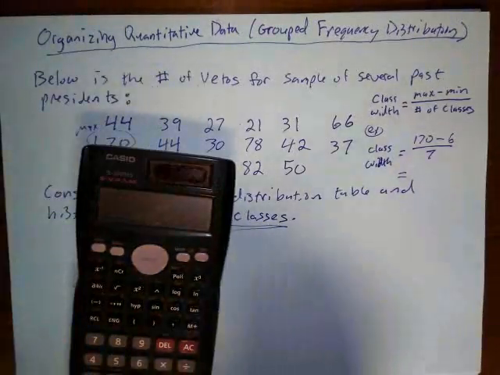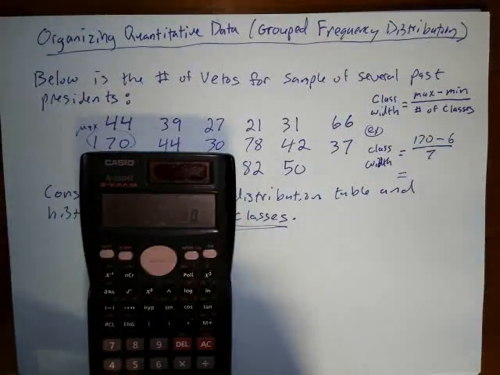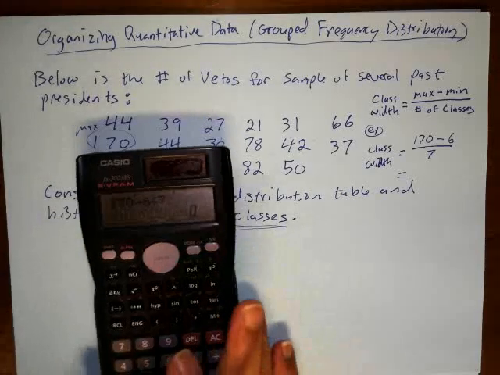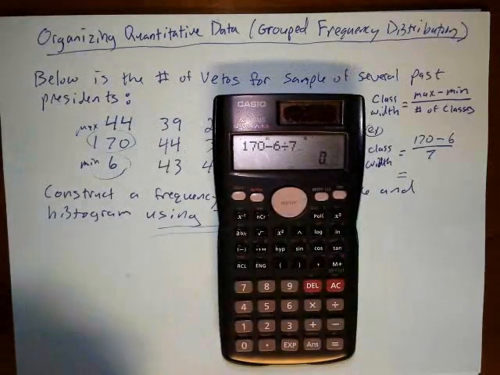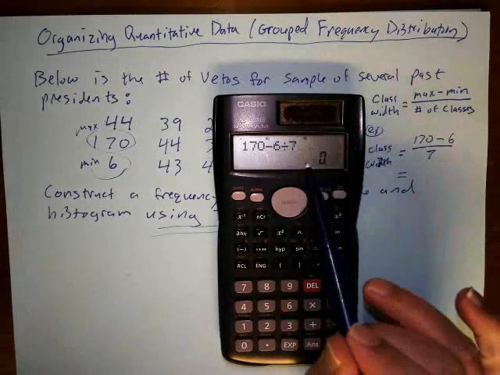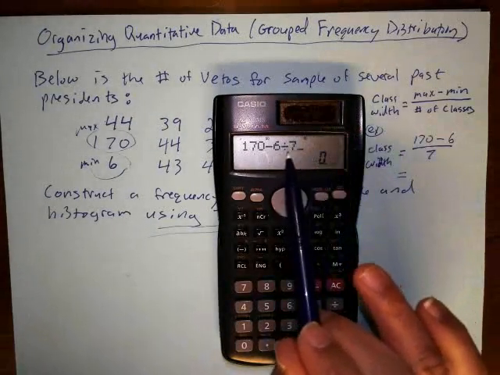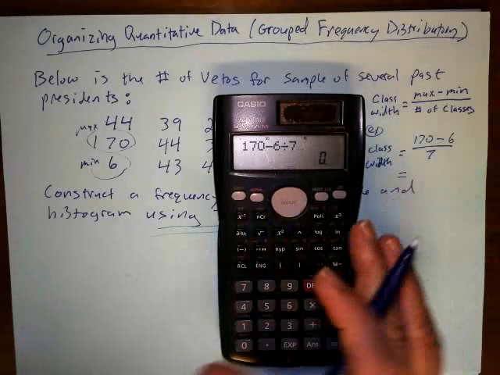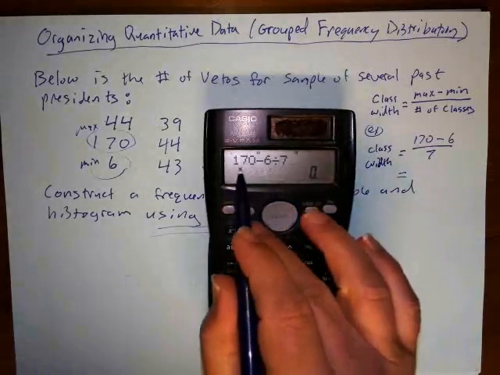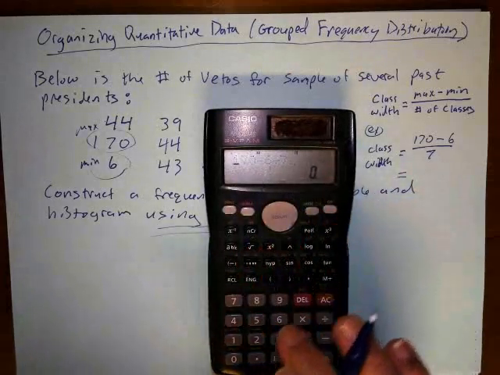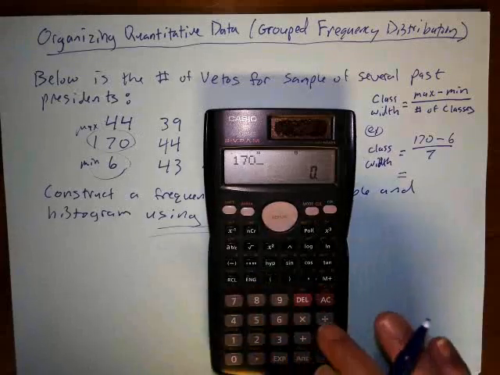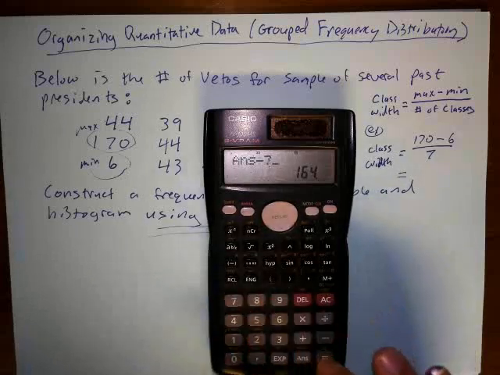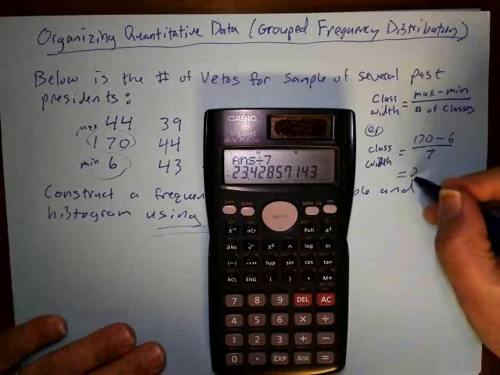Now you need to be really careful when you put this in your calculator. If I did 170 minus 6 divided by 7, is that going to give me the right answer there? And the answer to that is no, not in this case, because this is going to do the order of operations. It will divide first and then subtract, and you don't want it to do that first. You want it to subtract first and then divide. So I either need to put parentheses around the 170 minus 6, or I could do this in 2 steps. 170 minus 6, hit equals, and then divide the difference by 7, hit equals. And you see I get